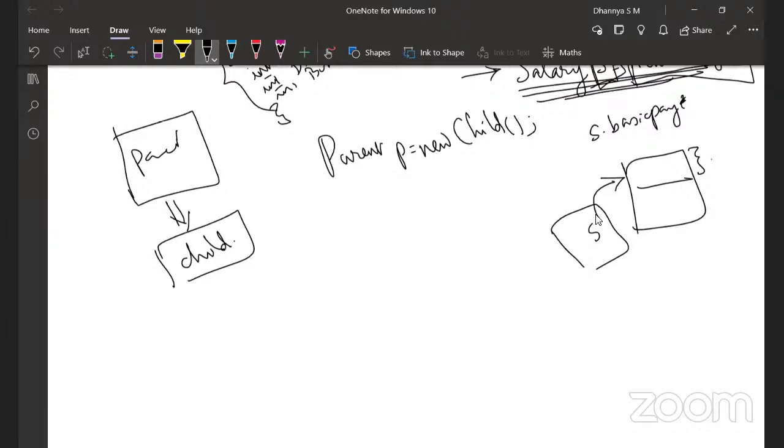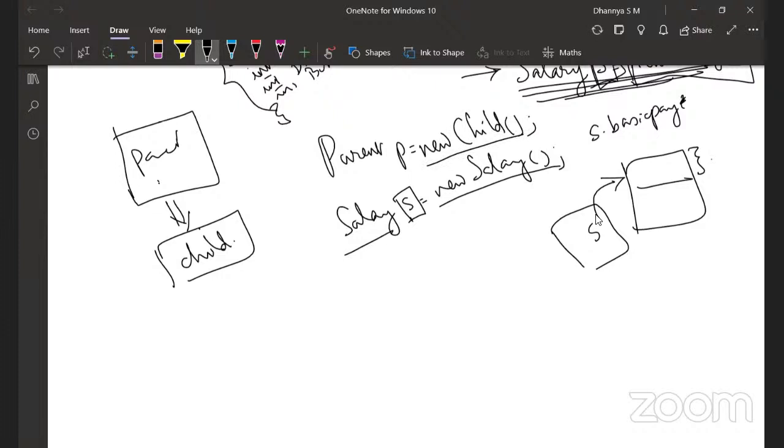In the earlier case, we said Salary S equal to new Salary. There is no confusion. I'm creating an object of Salary and the reference variable that is going to point to it is also of type Salary. But when there is a child class inheriting from a parent, if you create an object of the child class, you can have a variable of type parent which points to the child.